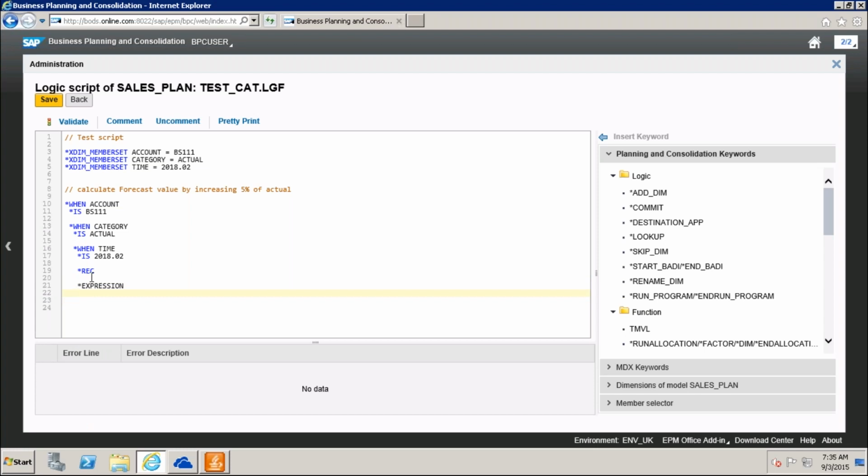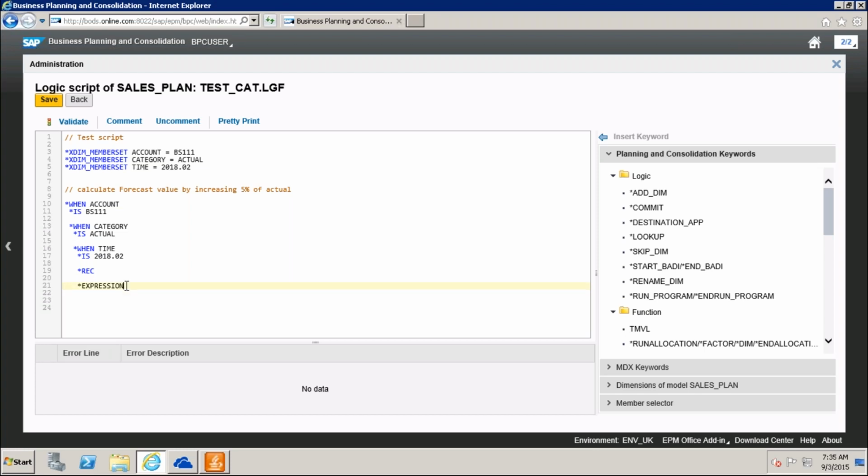Rec and expression, these two syntaxes are used to perform the calculations. Star rec is used only for multiplications and divisions. Star expression is used for all: addition, subtraction, multiplications and divisions.